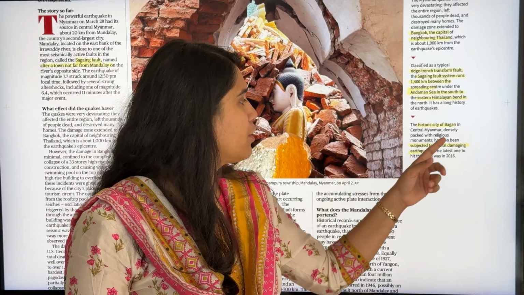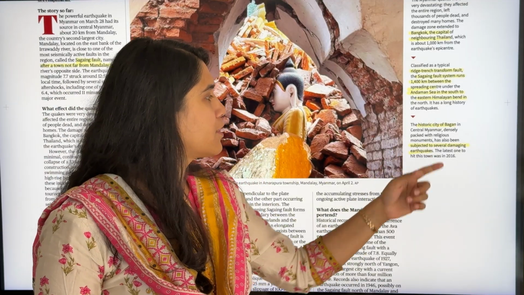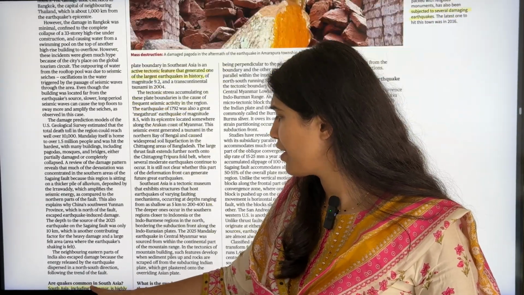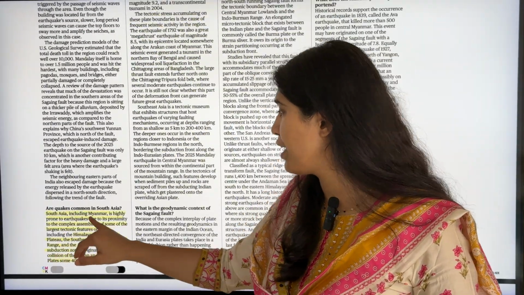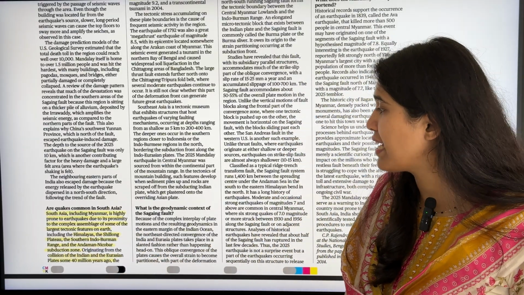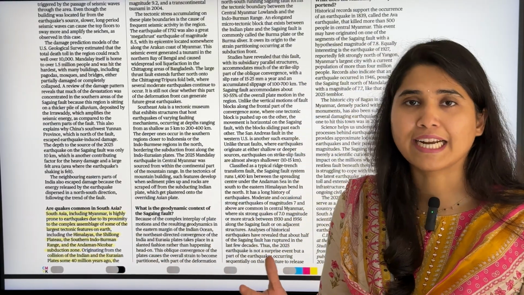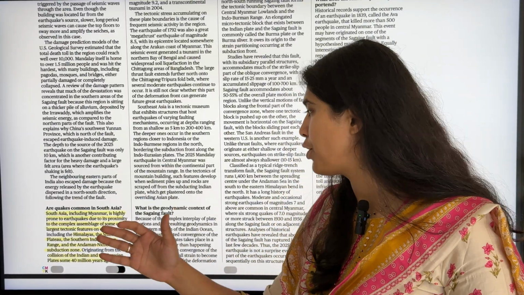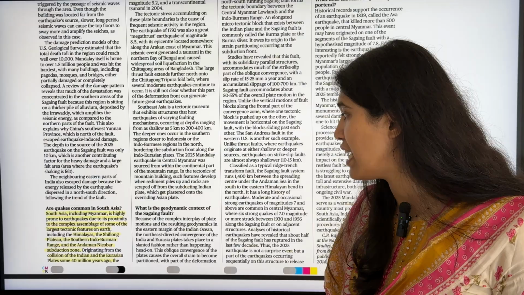Okay, so the historic city of Bagan has been subjected to several damaging earthquakes. And there is more information around it here: South Asia, including Myanmar, is highly prone to earthquakes due to its proximity to the complex assemblage of the largest tectonic features, including the Himalayas, the Shillong Plateau, the southern Indo-Burman range, and the